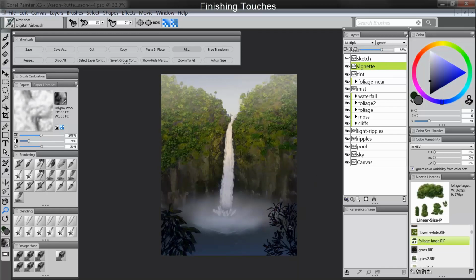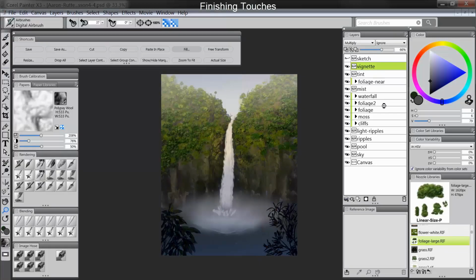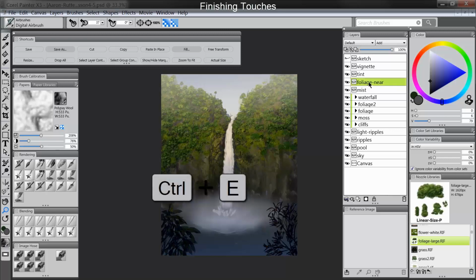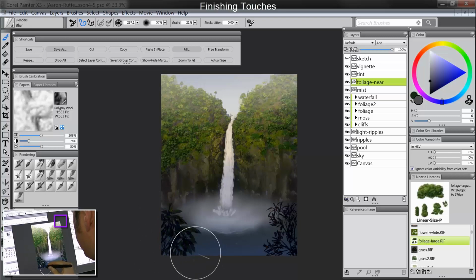Now let's go ahead and save a copy of our artwork doing save as, because we're going to merge some layers. So I have a copy, and then I'm going to start with the foreground here by putting it out of focus, and then we'll play with the focus in some of the other areas of the painting after that. So I'm going to go to the foliage near group, and I'm going to merge that group by doing Control E, and then I'm going to select that group, and I'm going to use the blur blender to blur over it, put it out of focus,